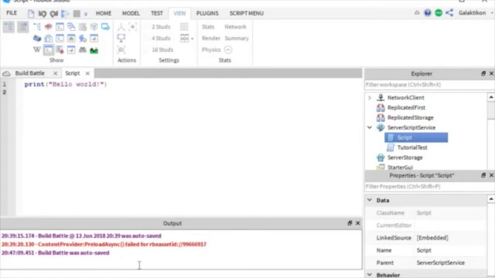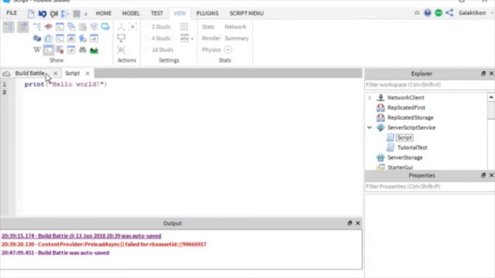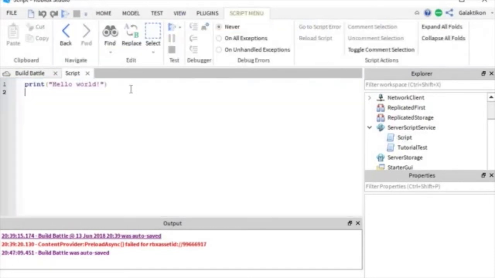This is going to save you a lot of time and energy while you're scripting because it will show you a lot of things that you made mistakes on and it will help you fix it. So what we're going to do is delete this,